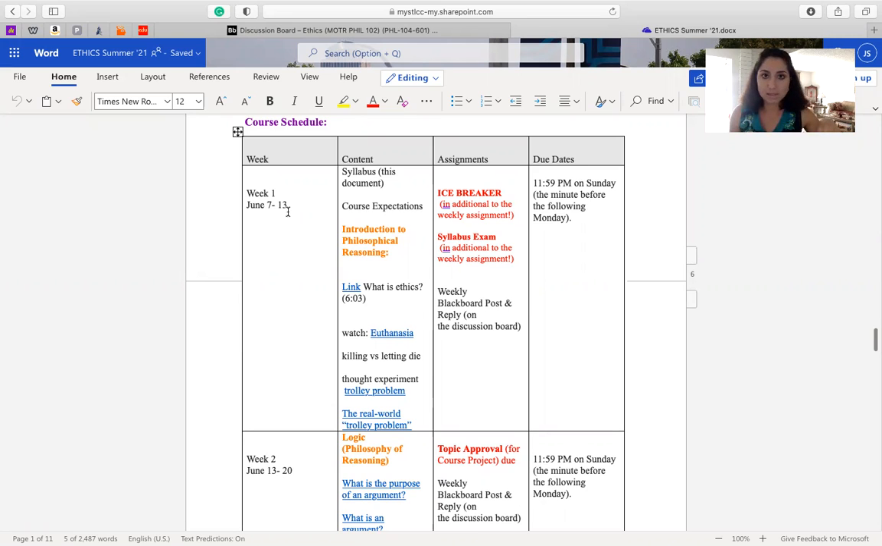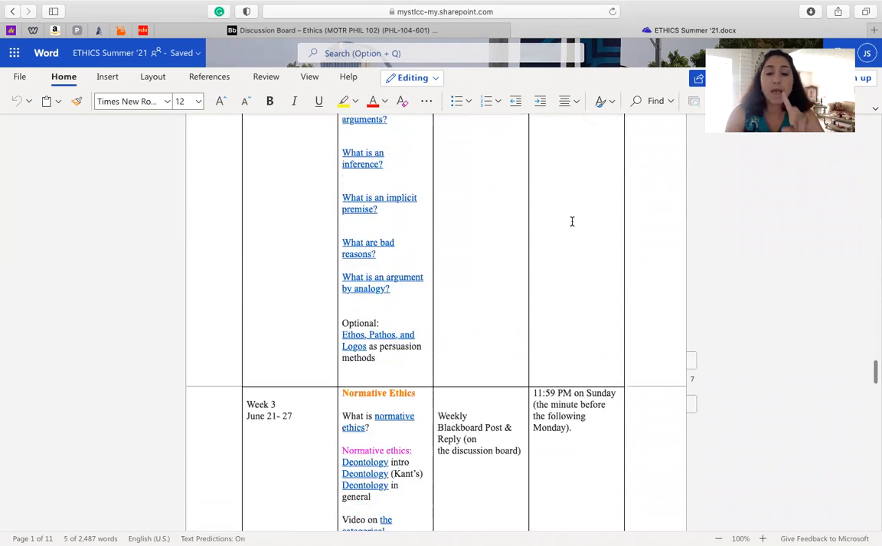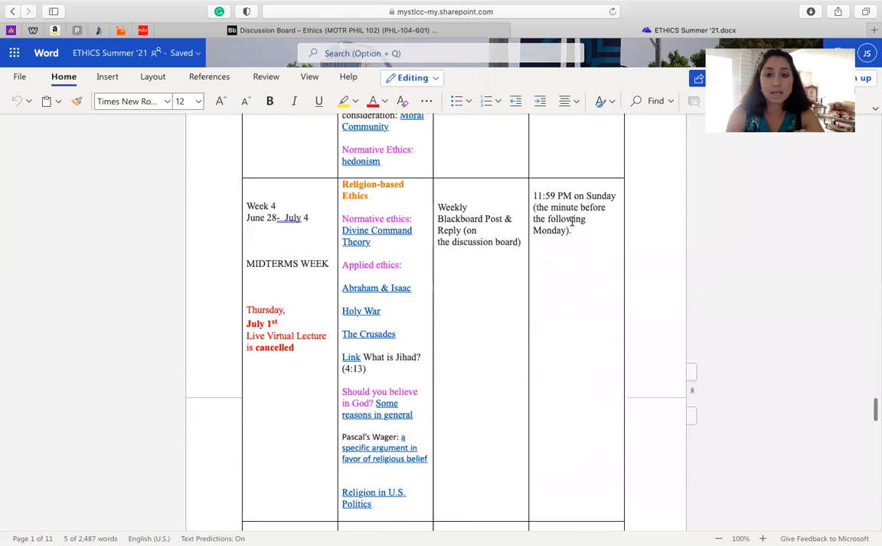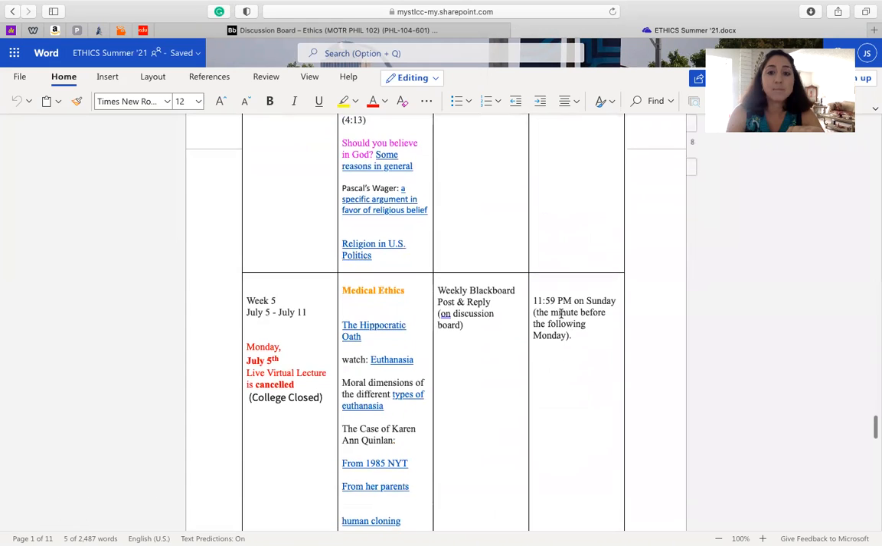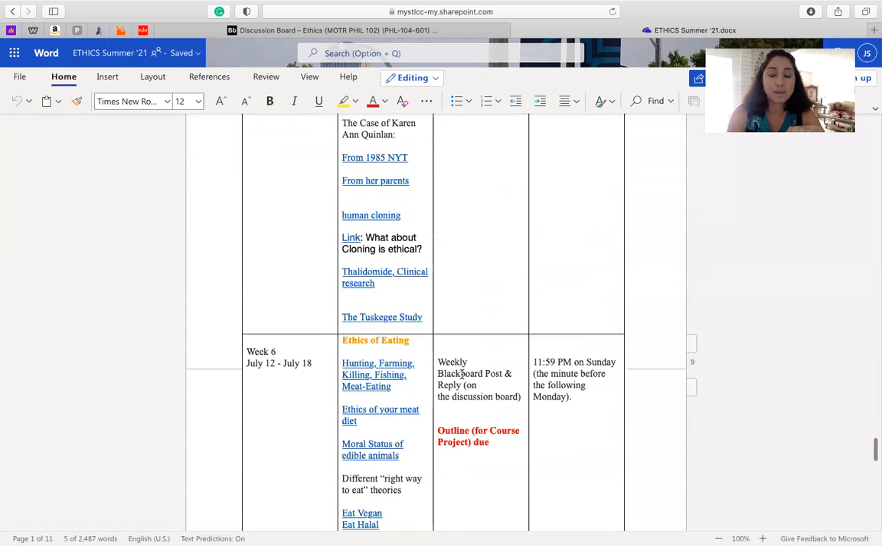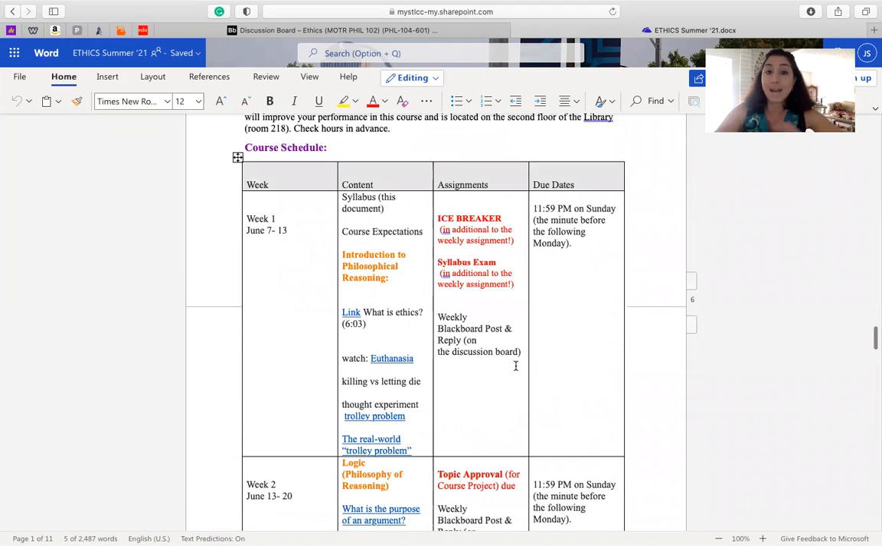No late work will be accepted. You have 7 days to do every single assignment that's in this course. So you have 7 days from the first second of Monday to the last second of Sunday. So you see your due dates are listed on the right. Check out this column. Every single assignment is due 11:59 p.m. Sunday, the minute before the following Monday. So every single thing you have to do, you have 7 days to do it, and I will accept no